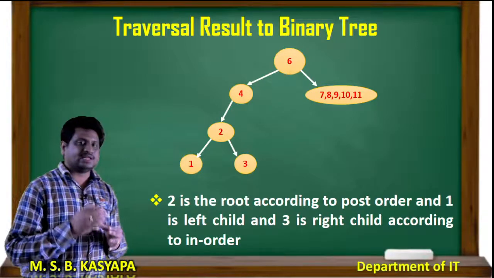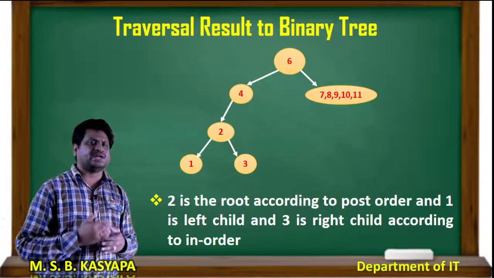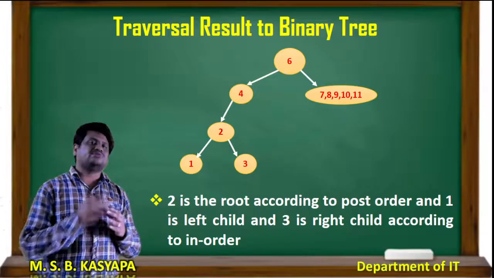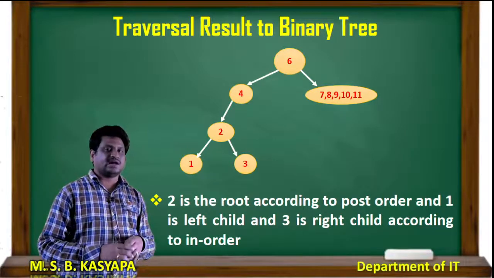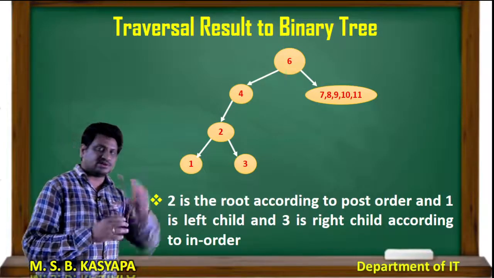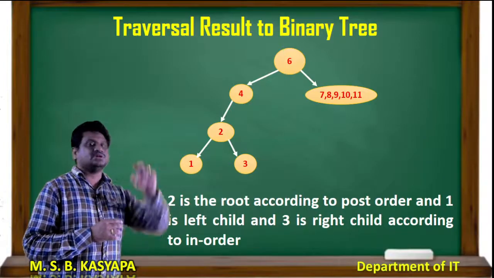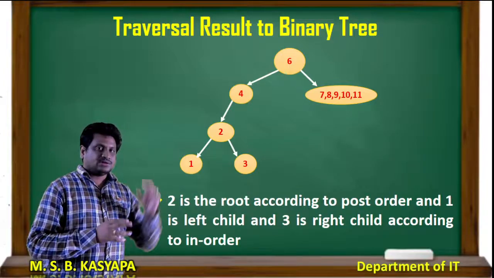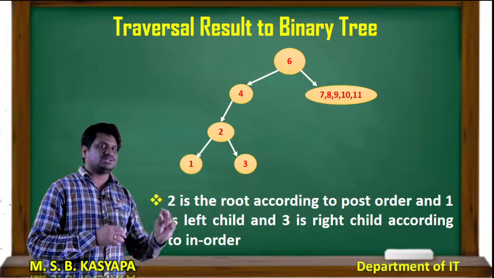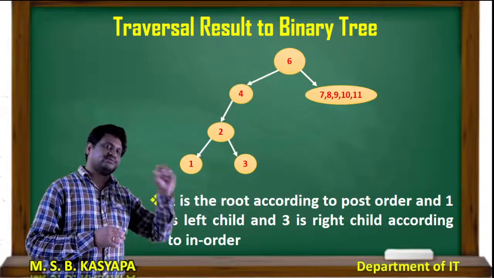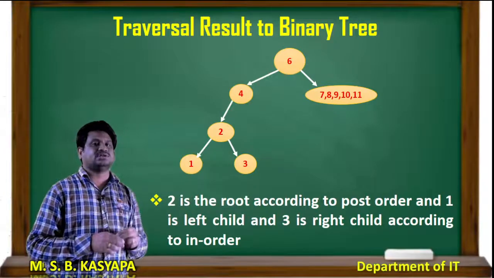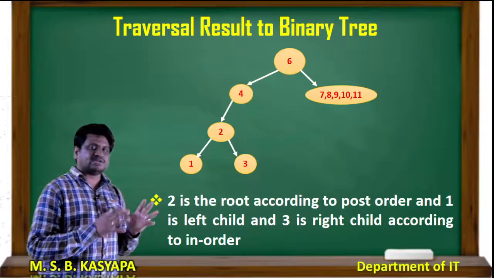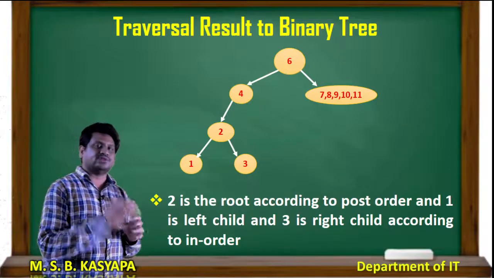Like this, for each and every group of values I have to do the same. If I have more than one value, first I have to take the in order and post order for those particular values only from the complete traversal. From that I have to determine the parent or root node, and find out what is the left child and what is the right child. Now the left construction is completed. Now I am moving to the right.